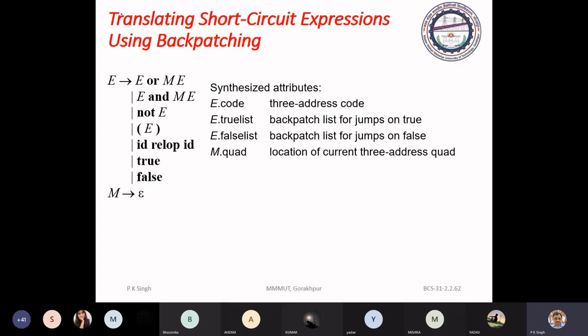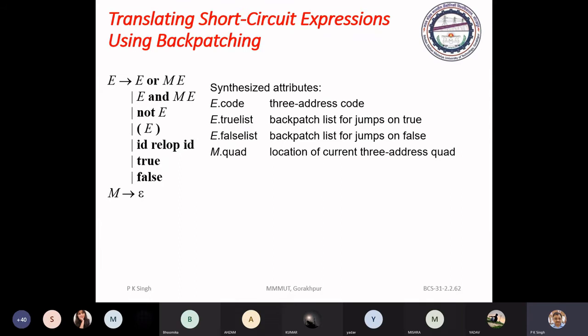In one case, we assign numerical values for the predicates: for true it is 1, and for false it is 0. And in the second case, we just manage the control of execution, the switching of control of execution.